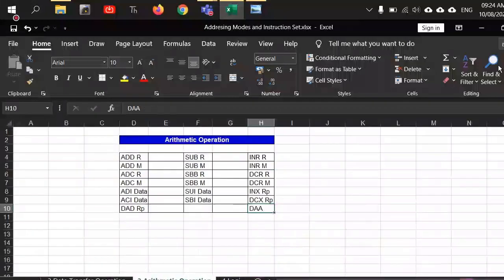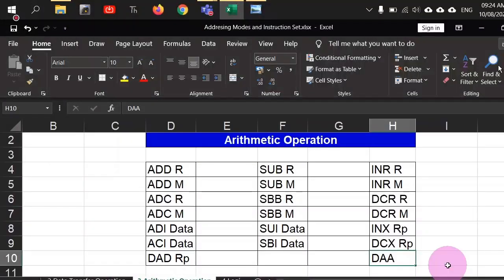Now let's come to the arithmetic operation group. In 8085 we have a very minimal set of operations: only addition, subtraction, and increment, decrement. No multiplication, no division. If you want to do multiplication, you have to make programs. We could tolerate this because this was the very initial microprocessor, and at that time making a program for multiplication was also something very big, as in today's world everybody is fascinated about machine learning and artificial intelligence. So even making the program for multiplication was considered a very good research, right?